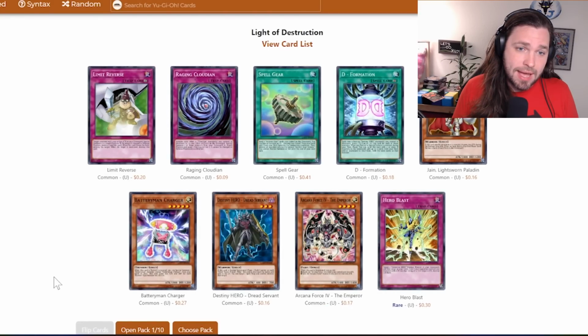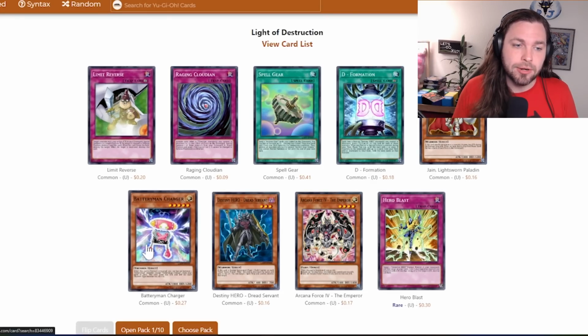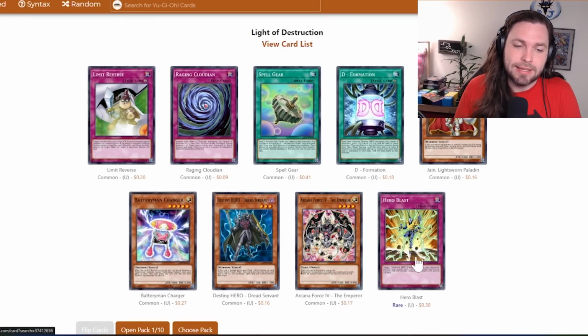Starting off, we have a Jane. Jane is very strong, as is Limit Reverse, as is Battery Man Charger. I am not sad to see pretty much this entire pack. Hero Blast also potentially relevant because of that Storm Neos. No,